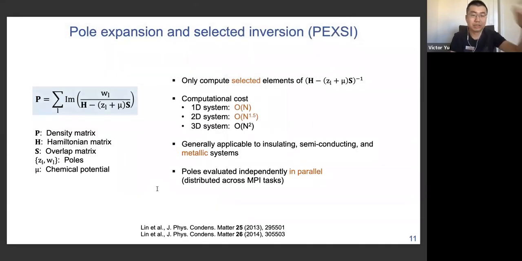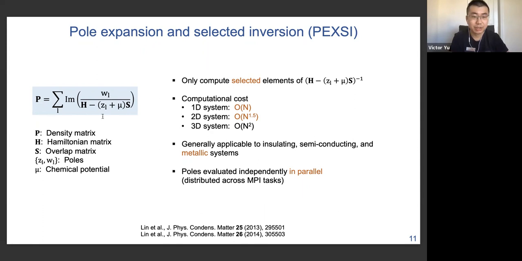So the first solver I want to discuss is called PEXSI, which stands for pole expansion and selected inversion. It is a density matrix solver, which means that it computes the density matrix P as a function of the Hamiltonian H and the overlap matrix S. So in other words, it doesn't compute the eigenvalues or eigenvectors of the Hamiltonian matrix. So what's special about PEXSI is